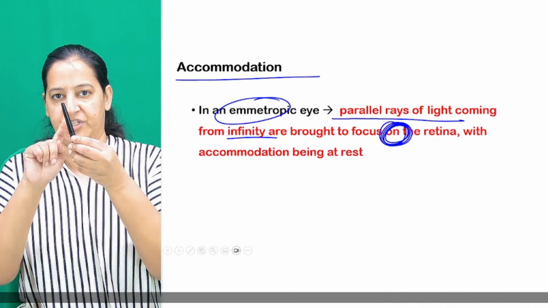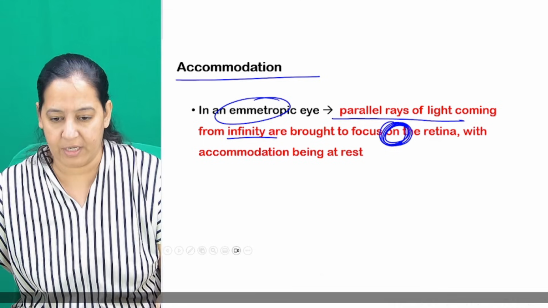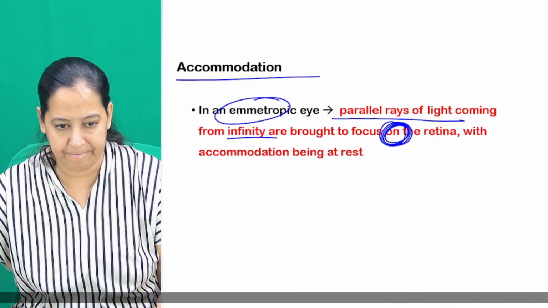Suppose this is my object. Suppose this is at infinity, far away, far away. Light is coming from this object to my eye, and in my eye, imagine the retina. So the image of this object, which is at infinity, is formed on the retina. Imagine my right eye. So this is the retina. The parallel rays are coming and the image is formed on the retina. Now, what if I move the object near?